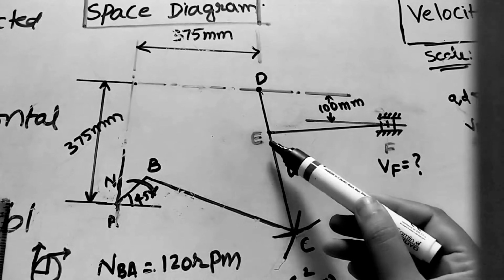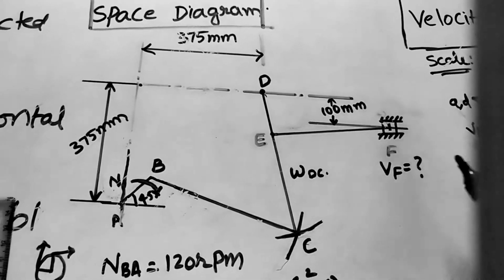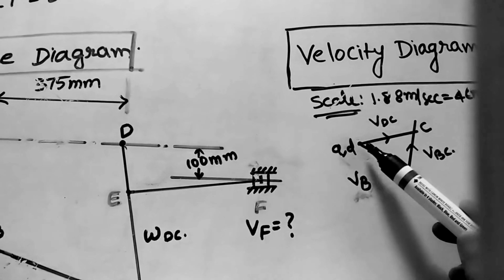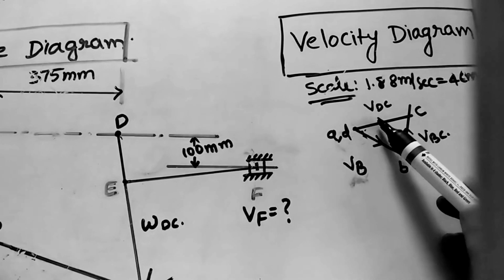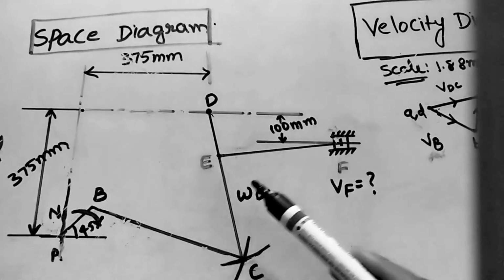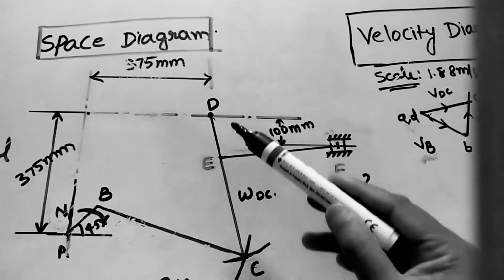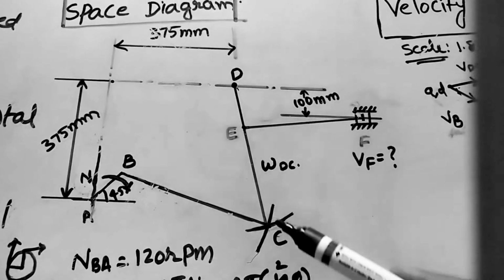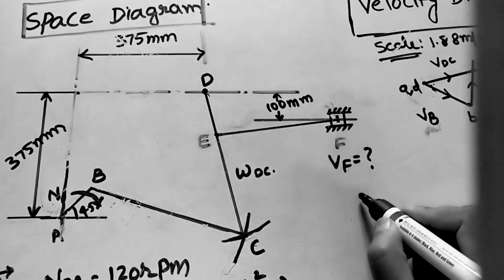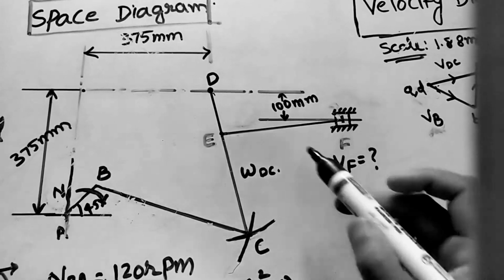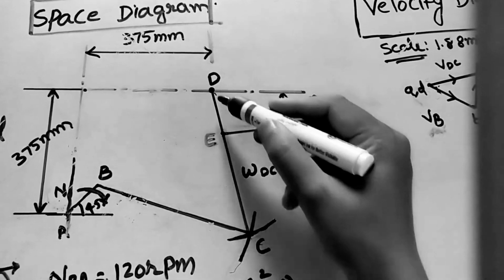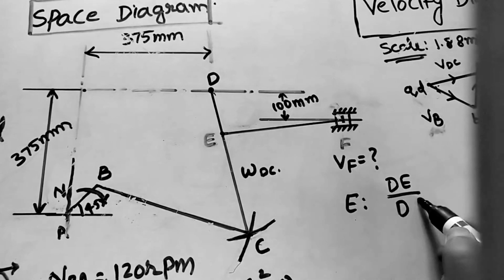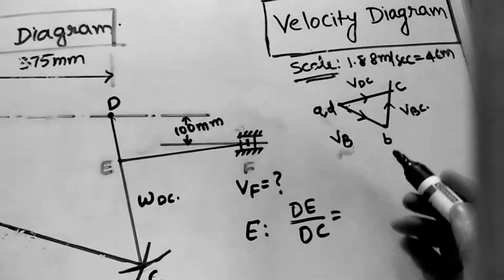Okay, and then next, now after getting this diagram, here on DC link we have to mark E point. Okay, so how to mark E point on DC? So this is the DC. We need to mark at any point. Okay, here let us assume at any place it is E. Just I am comparing the ratios of these two lengths. So DE by DC I am taking here. So for finding the E position, I am taking the ratio DE by DC, because we know all these lengths.